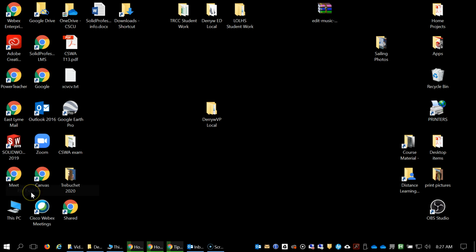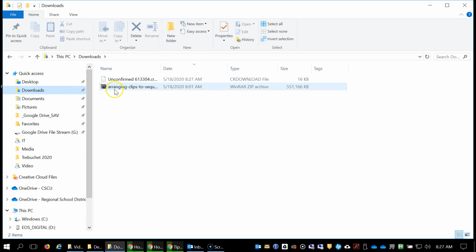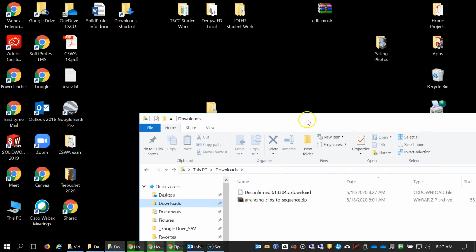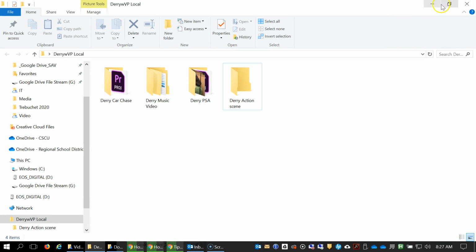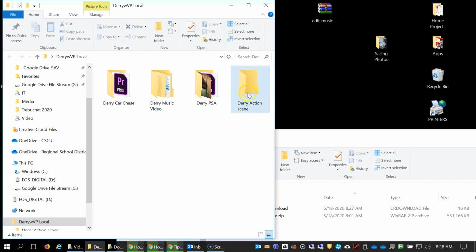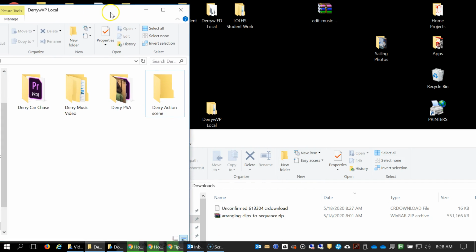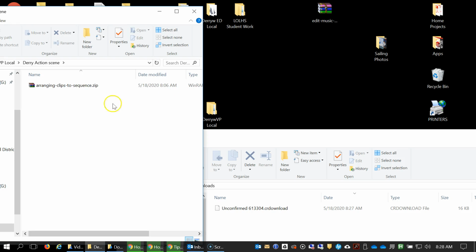If we go to File Explorer and you go to your downloads, you should see arranging clips into a sequence. If we expand that, you can see that I did this a little bit earlier. So what I want to do next is, in my local video production folder, create a new folder that says Dairy Action Scene, right? Because we want to keep our stuff organized. I'm going to take this guy and I'm going to drag it right in there,